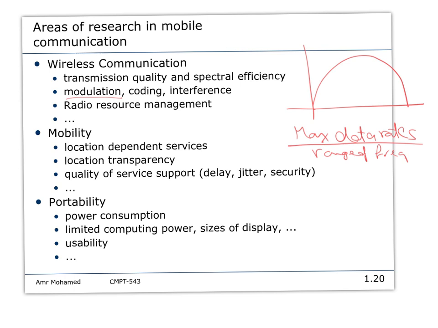Interference, of course, we all know it. Radio resource management is one of the most important areas of research in wireless communication. 90% of researchers work on radio resource management. Some people talk about it from the perspective of multiple users sharing one base station.